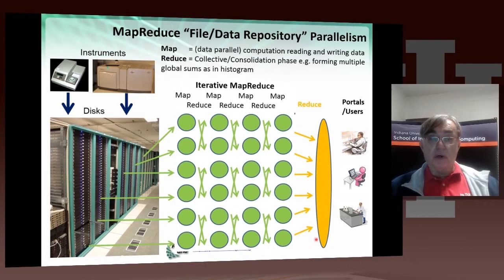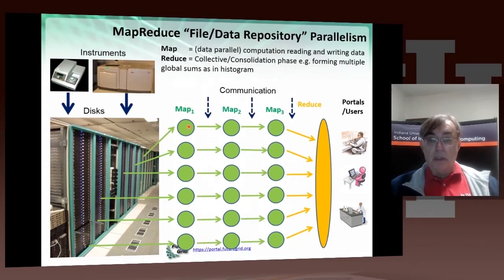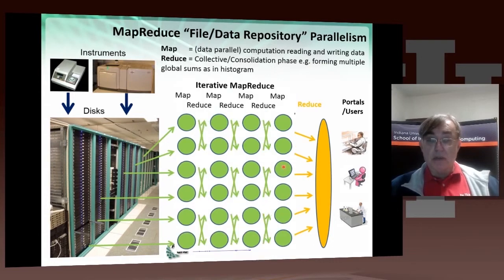And then you can have more complicated cases, which is what iterative MapReduce does. Instead of having the pipeline like this, where these are independent, you actually have dependencies and these maps talking to each other iteratively before you get the final answer. And it depends on the algorithm, which is the appropriate model.